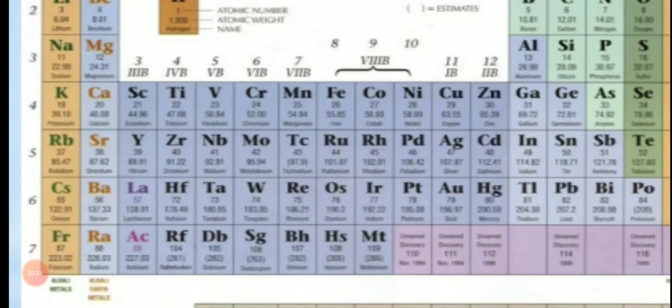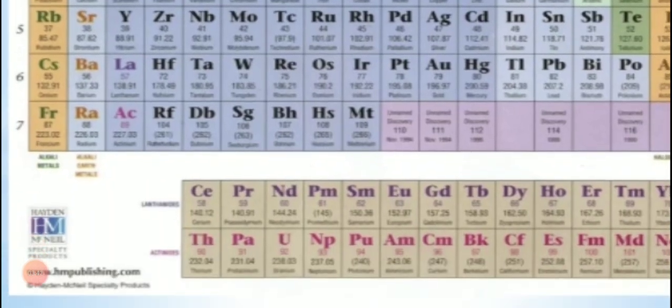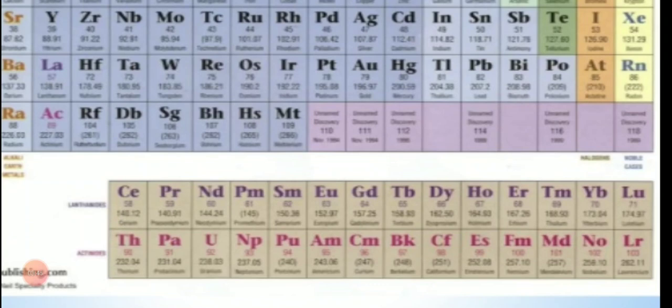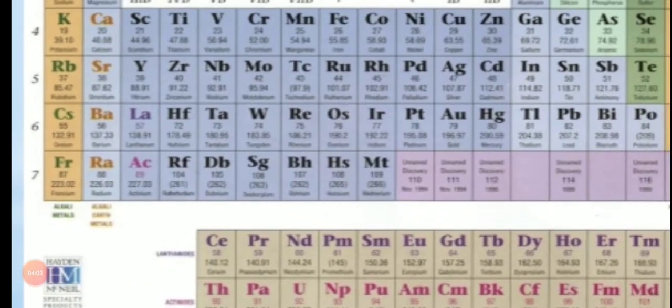So where is the element in between that, and why is there so much gap between these two elements' atomic numbers? The answer here is that because of the separate position given to these elements, they are discussed as inner transition elements, because they have come out of the D block itself. D block we are saying transition elements, and these are our inner transition elements. So you can see 58 to 71 will be lanthanoids. And come to the next line, actinium, where the atomic number of actinium is 89, and then